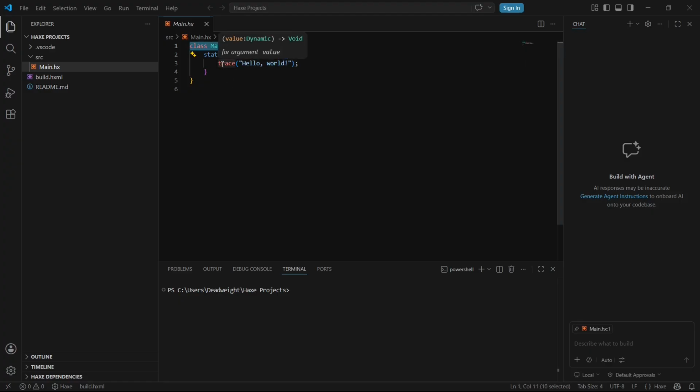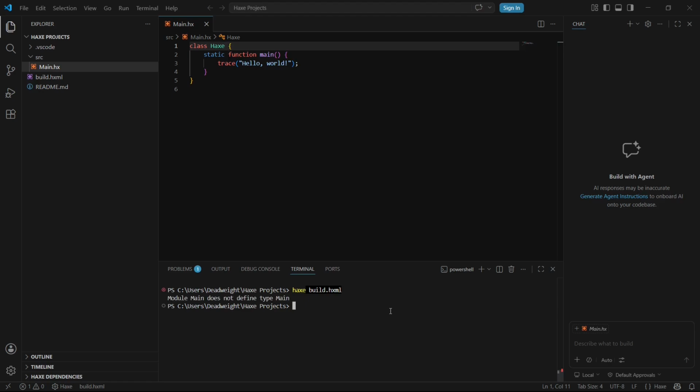Firstly, we have the class. The class is like the blueprint of your code. In Haxe, your class name must match the name of the .hx file it's being stored on. Otherwise, the compiler will throw an error. For example, if I rename this class from main to Haxe, save, and then try to build the program, it